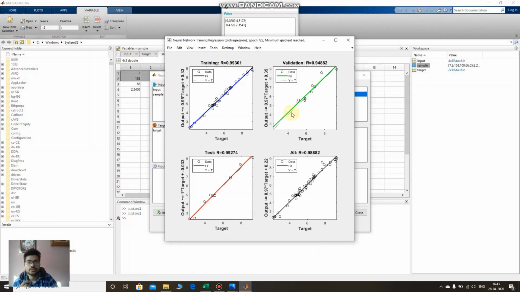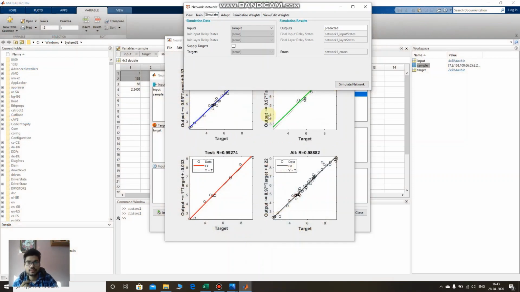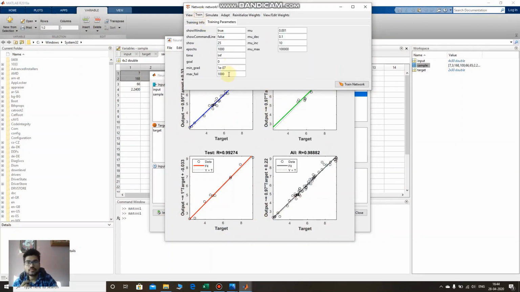In case your regression curve doesn't come out nice, change these parameters in train. Either increase or decrease the number of zeros over here, or increase it to 8 and then check.